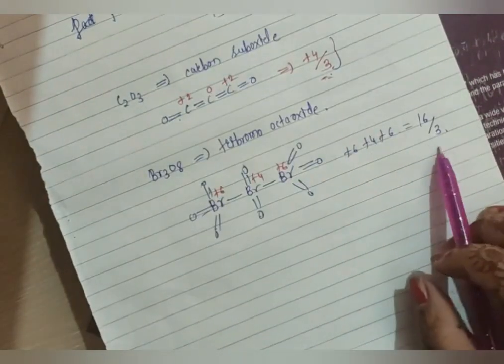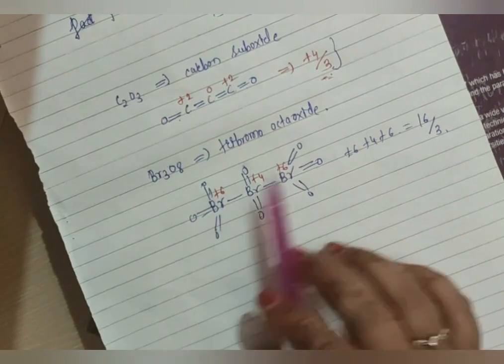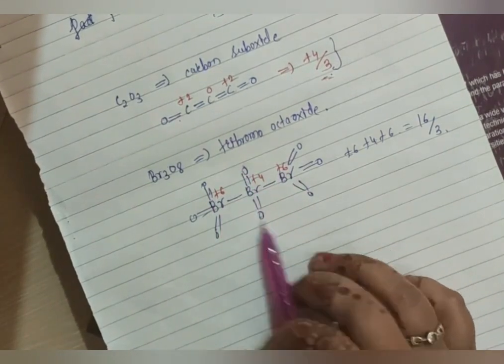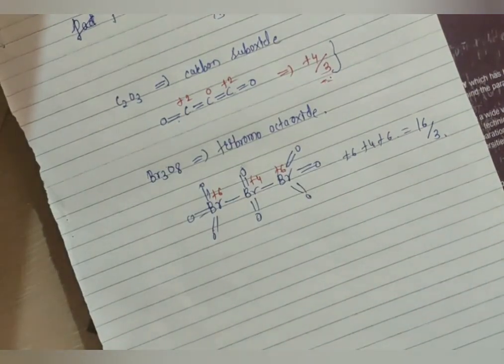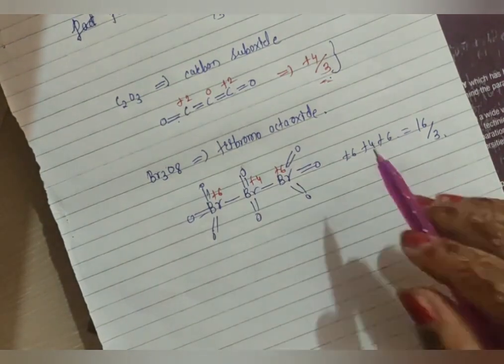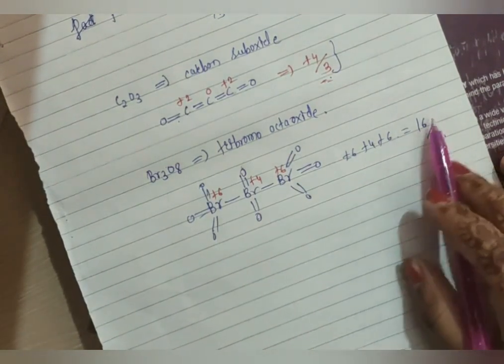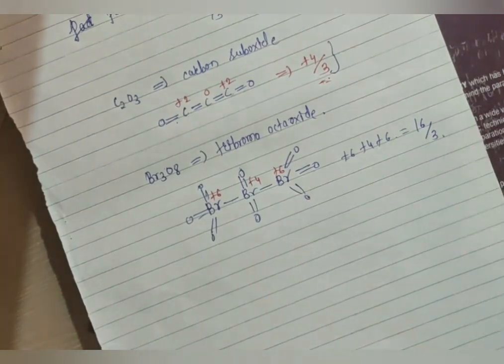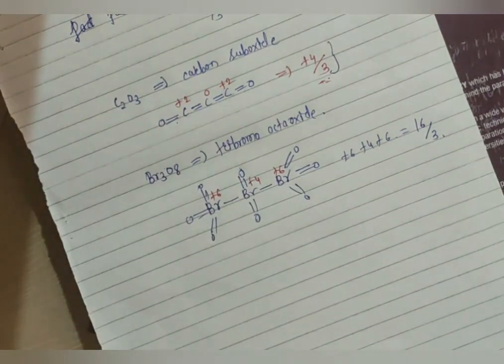After that, here also we have 3 bromine. These 2 terminal bromine have plus 6 oxidation state. This also plus 6, and when scientists studied it, they could understand the change in the oxidation number of bromine. So the middle bromine has plus 4 oxidation state. After combining plus 6 plus 4 plus 6, I get 16. In total we have 3 bromine, so 16 by 3. This is the average oxidation number, and it is also called the paradox of fractional oxidation number. So here your topic is over.